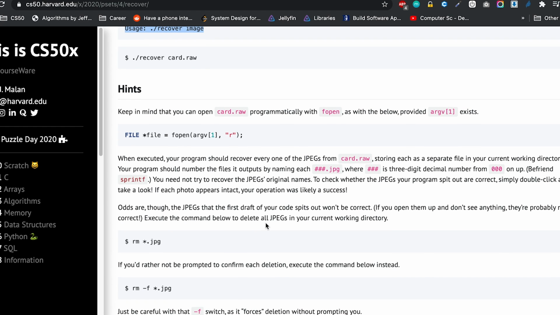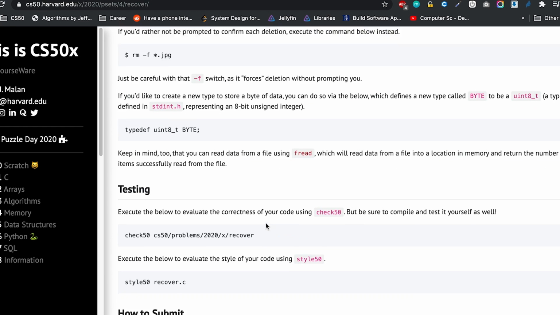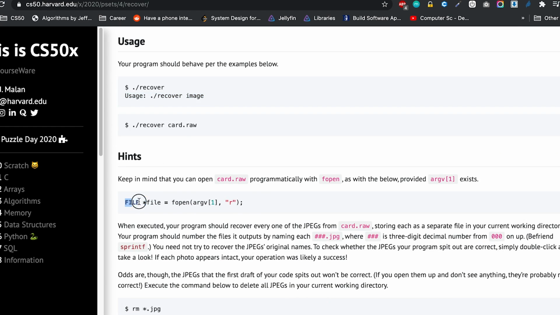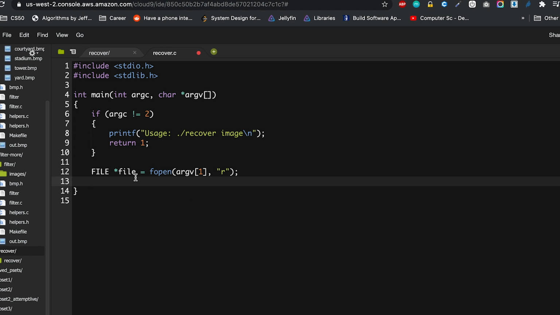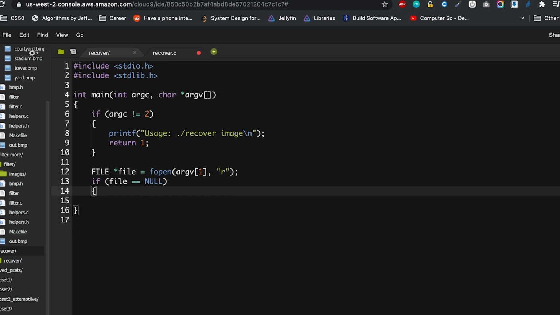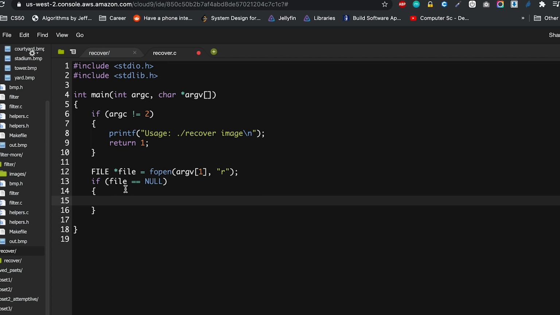Somewhere it says here, or I can't remember if they do it in the walkthrough, but let's try to open it like so. We'll just say image, or actually this is the raw file, right? We'll call it file, and if file equals null, then some error occurred, right? So we just print f,